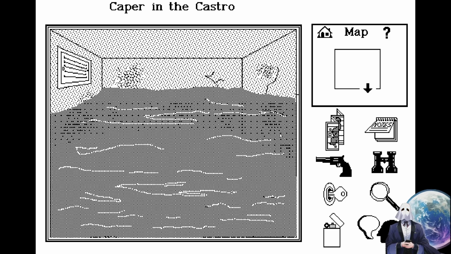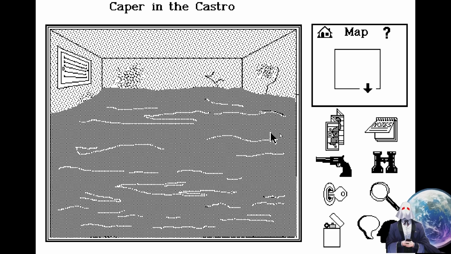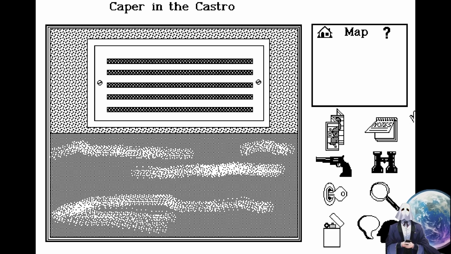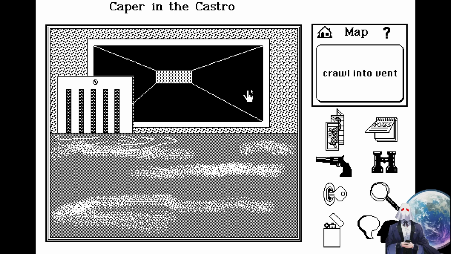Very slowly. Act quickly or drown. What am I going to do? Swim. To where? The vent. Sure. Shoot the screws. At this point, I'm just reading the walkthrough because it is pretty much horrific.